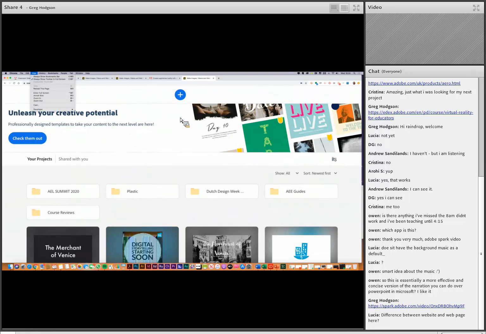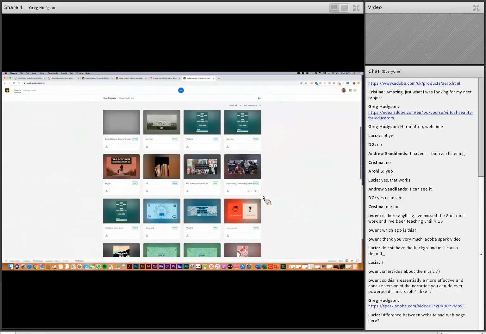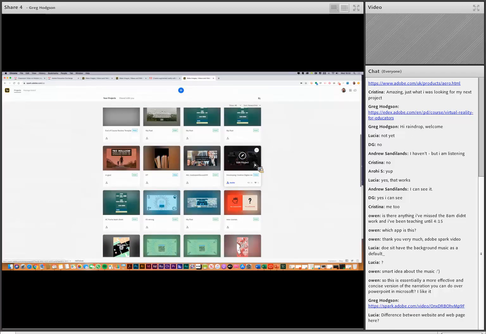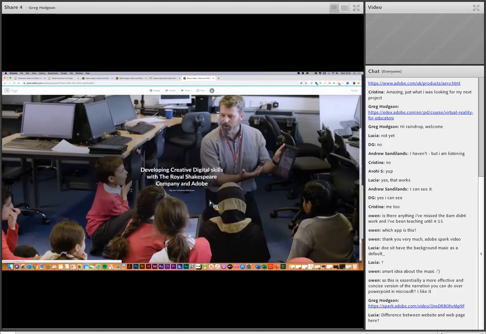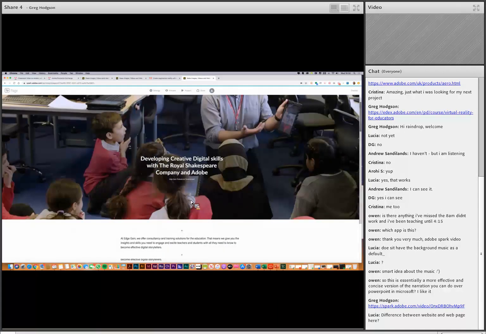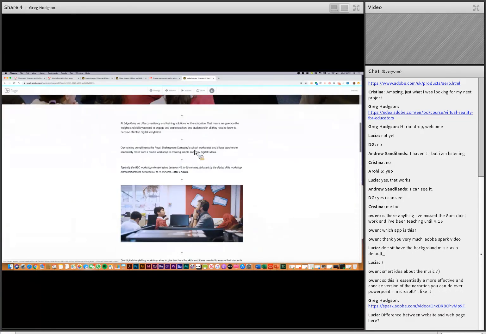Here we go. Difference between website and a web page. Oh, yeah, I did mention it. Whoa, sorry, I'm zoomed in there. Let's just go back to actual size. Let me quickly show you what a web page looks like. A web page basically is one page. So developing creative skills. Oh, here's a little training piece that we put together. You'll recognize the picture. So as I scroll up,